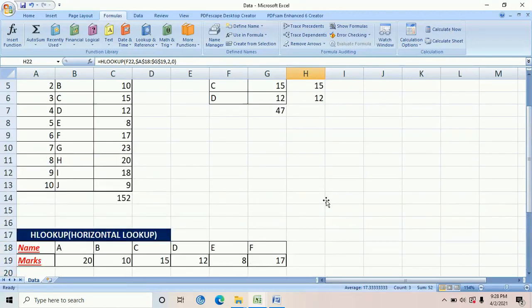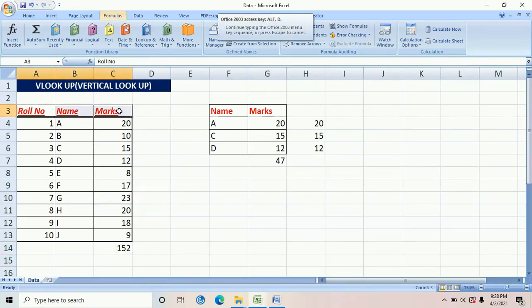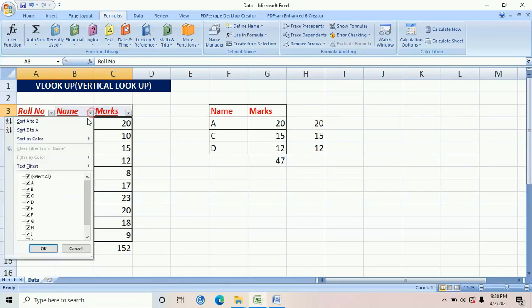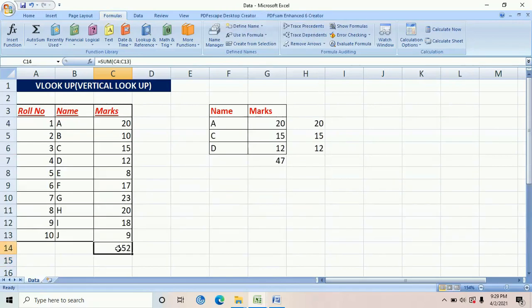Let me try to cover one more topic, which is subtotal. We do it over here. Now sum, as I said, is nothing but Alt equals, or Alt plus plus. Now suppose I filter my data. I told you the filter shortcut is Alt D F F. If I select, say, F and H to see the total of these two particular names and their corresponding marks, the sum total I did has just disappeared. So the easy way to handle that is the subtotal formula.